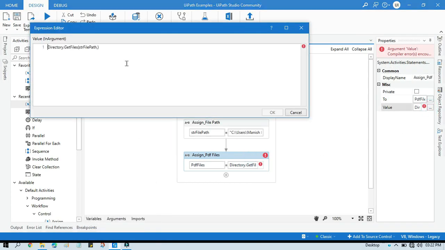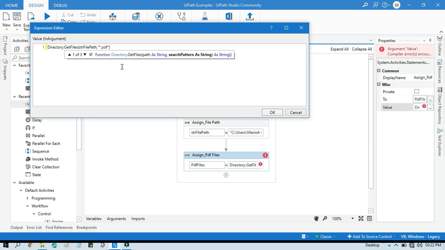So I will write comma, double quotation, because once we press comma it shows search pattern as a string, so we need to pass it in double quotation. Our pattern is star dot pdf.